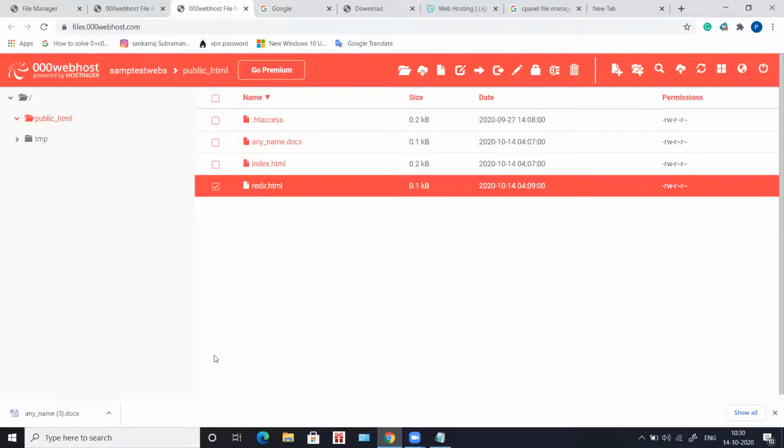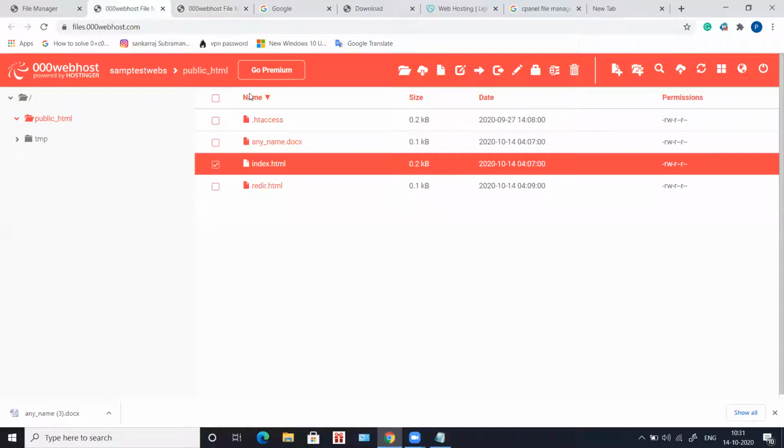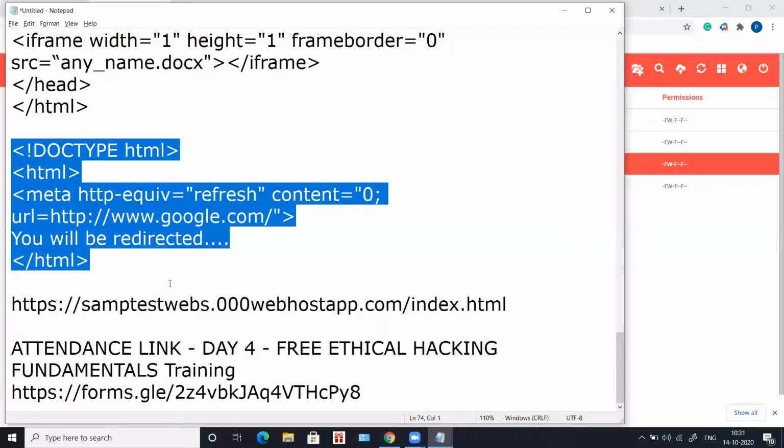Such codes you can find on GitHub, codes for running whatever exe file gets downloaded automatically, in case you want to install it automatically. You can try those codes and experiment. So this is automatic download and URL redirection.